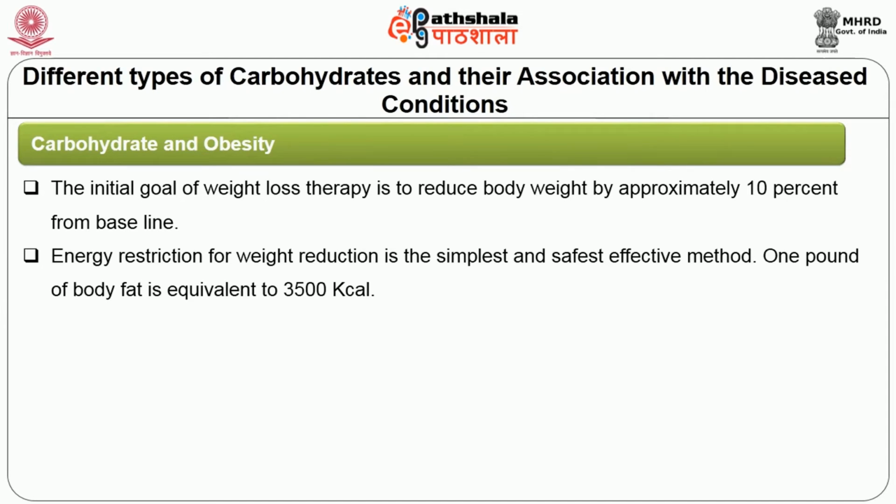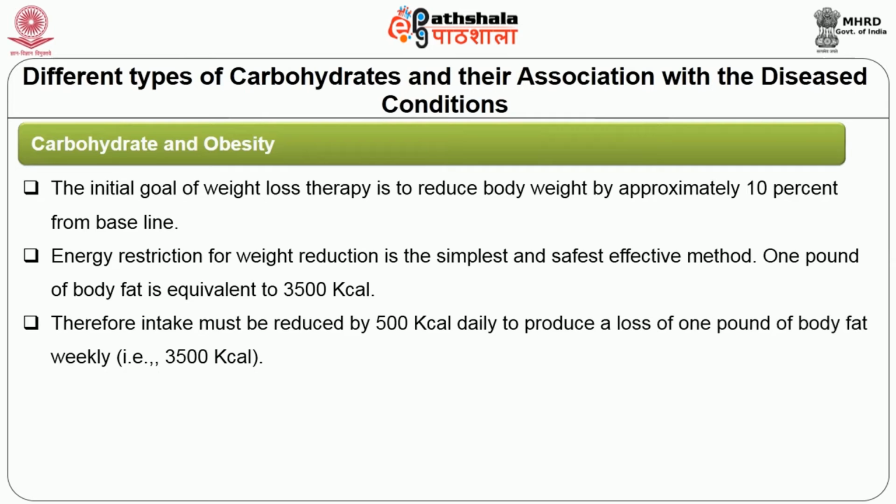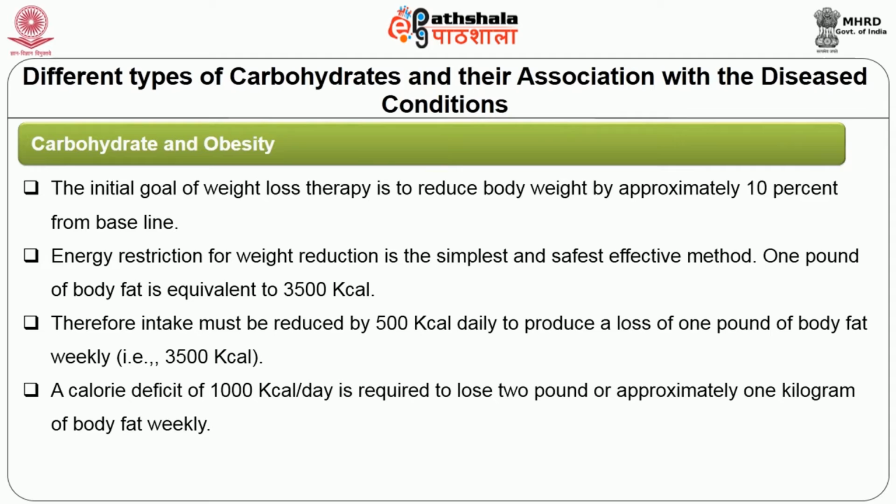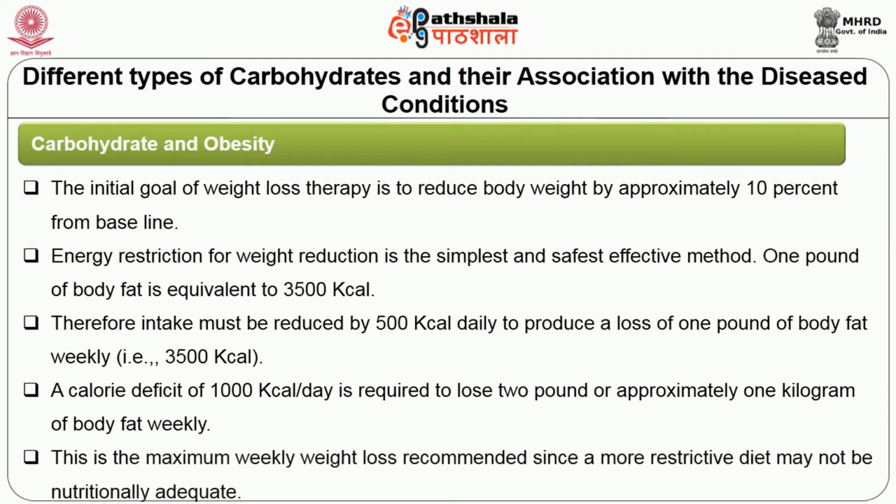One pound of body fat is equivalent to 3,500 kilocalories. Therefore, intake must be reduced by 500 kilocalories daily to produce a loss of 1 pound of body fat weekly. A calorie deficit of 1000 kilocalories per day is required to lose 2 pounds, or approximately 1 kilogram, of body fat weekly. This is the maximum weekly weight loss recommended since a more restrictive diet may not be